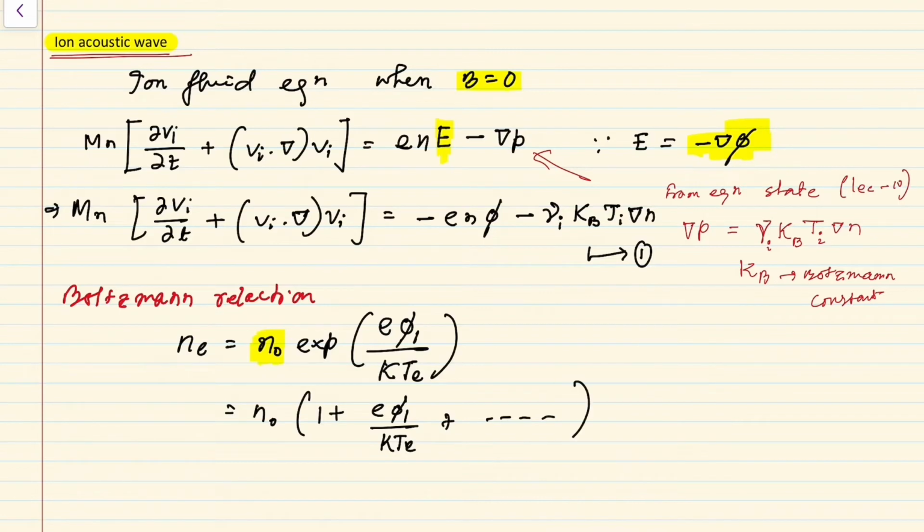We will neglect those terms, so I have not written those terms here. Now by linearizing, I have already explained how to apply the linearization in lecture 15. The link of that video is also given in the description box. Hope you will watch. So, linearizing equation number 2 and ignoring the higher order terms,